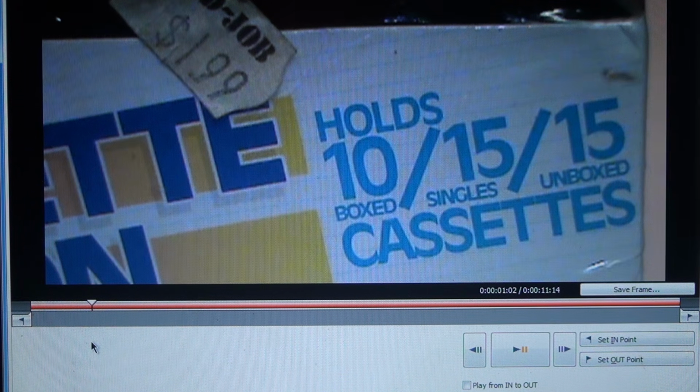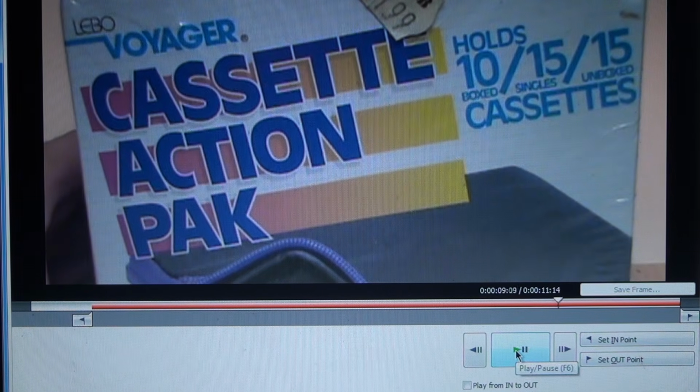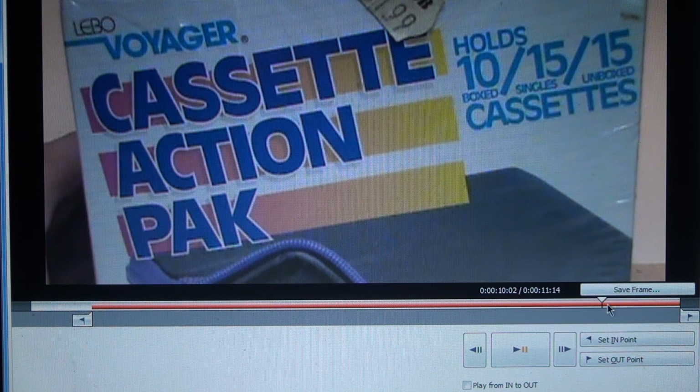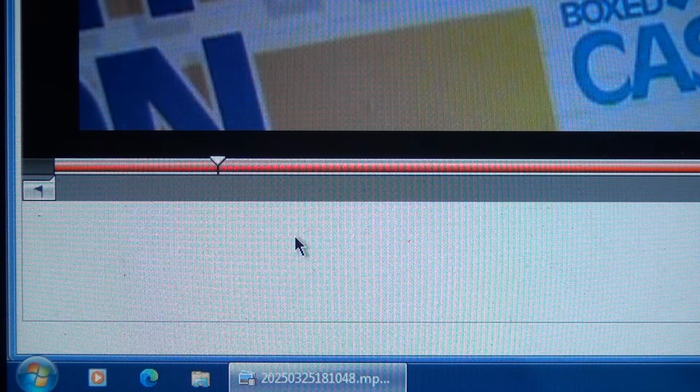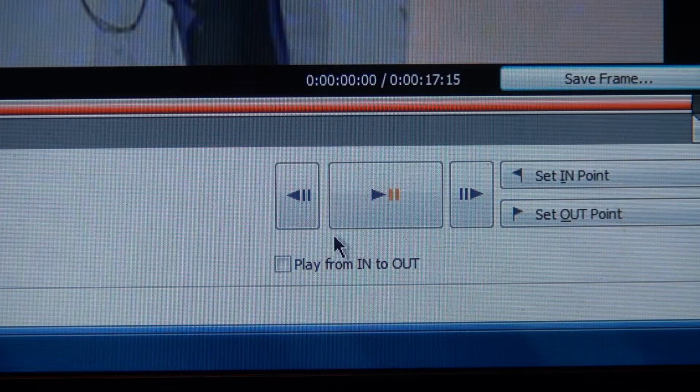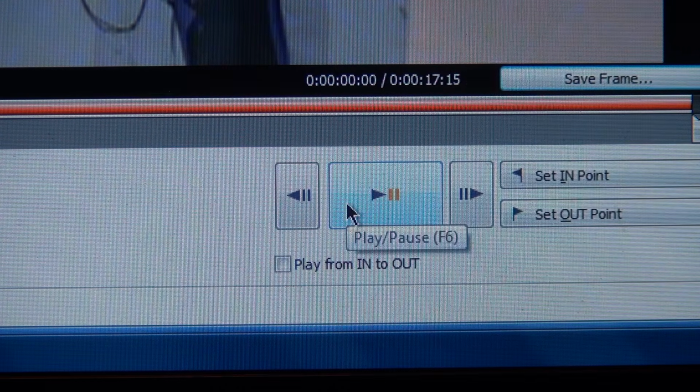So now I simply press the I key to mark the end point, and now it's going to trim off this beginning. And now I find the end of where I'm talking. Action Pack. I'll leave a little more space. I'll trim it there. And now I hit O to mark the end point, and that'll trim off the end of the clip. But if you want to, you can hold down Control and use the arrow keys to move the pointer frame by frame. And another keyboard shortcut you may find useful is pressing F6 to start or stop the playback.